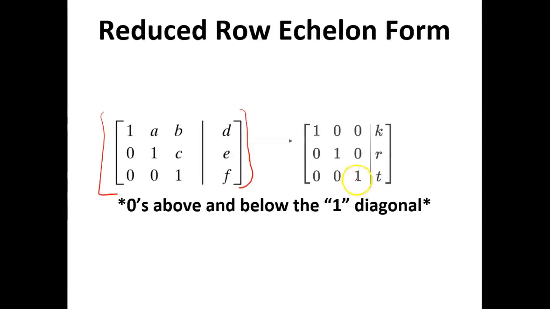When you have ones down the diagonal, zeros below, and zeros above, that's called reduced row echelon form. The reason that's so helpful is because we can just look at these variables right here and know exactly what they're equal to